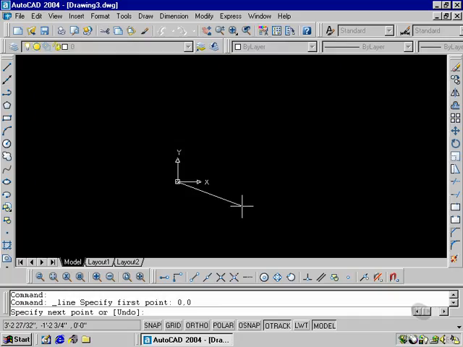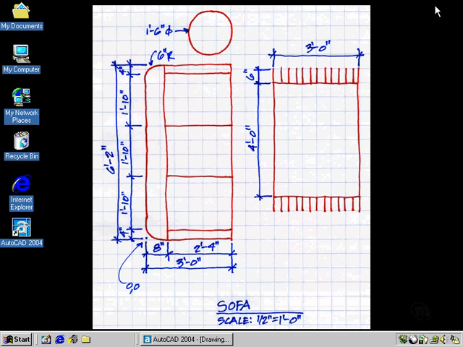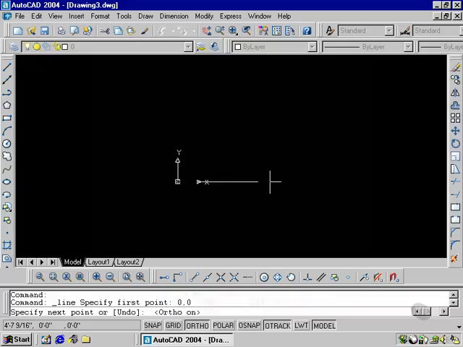What I'm going to do next is turn on ortho. And I am going to draw the 3-foot line. I'm going to take my cursor over to the right-hand side. Let's double check, make sure that is the length. 3 feet it is. So I move the cursor over. I could type in the value of 3 feet for the x and 0 for the y. But what I'm going to do is move the cursor over and use the direct distance entry method available to